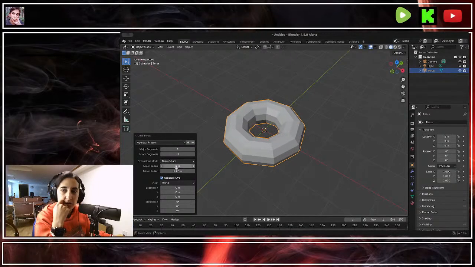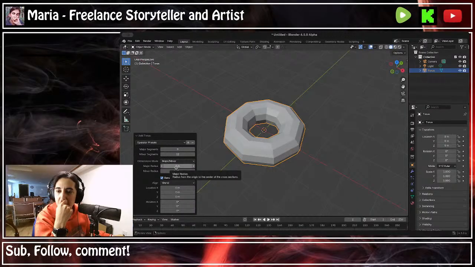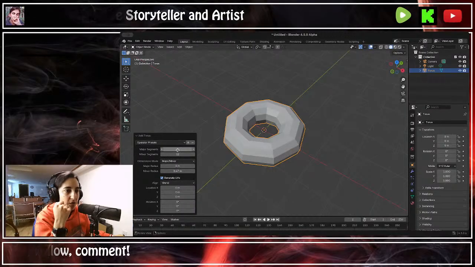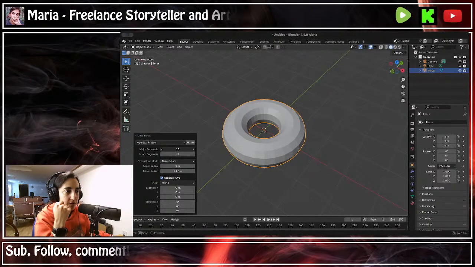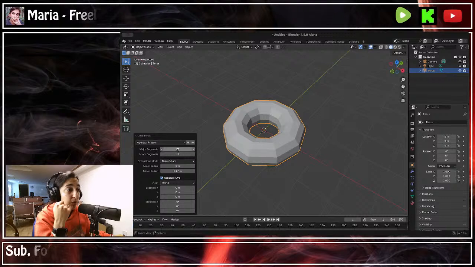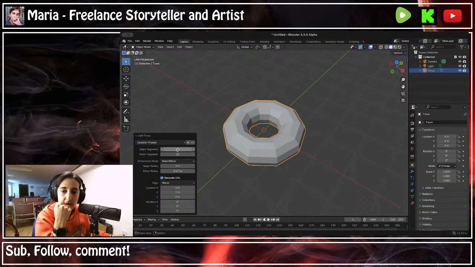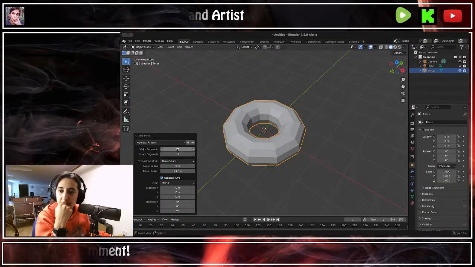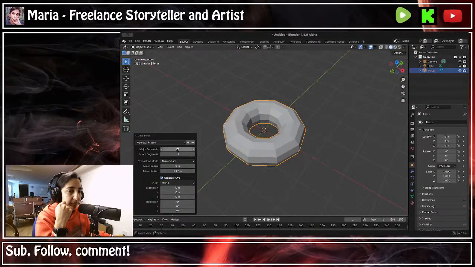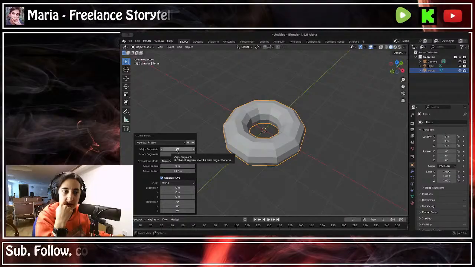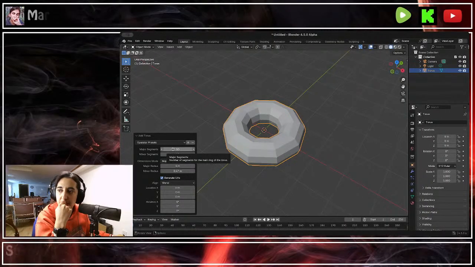So the reason you don't want this is that, for starters, things that are high poly are very slow to render, and they're very hard to work with if you want to tweak the shape of it. But also, as you grow with 3D, you'll discover that it is a lot easier to add resolution to something later on, but it's very difficult to take it away if you've already built it into it and you don't need it. So, long way to say, what we actually want is to have as few